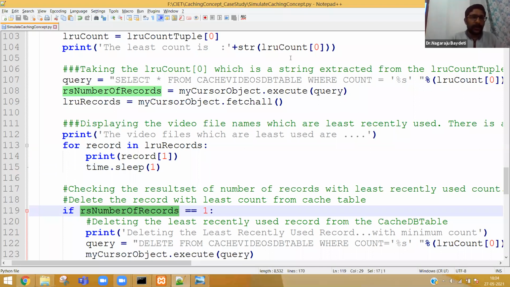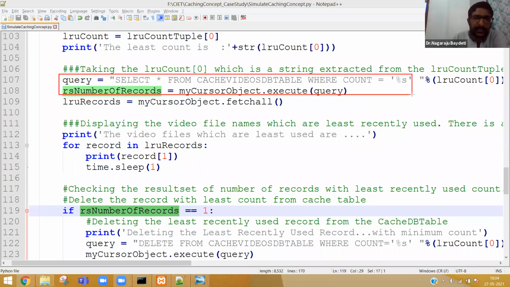Let me highlight that. I am selecting all the data where the least count is matching. So that result set, if it is equal to 1, what does that mean? There is only one record which has minimum count.